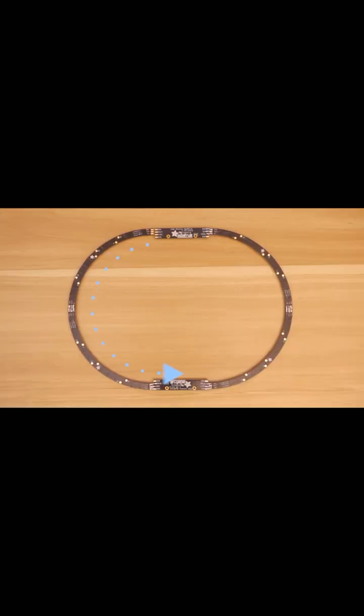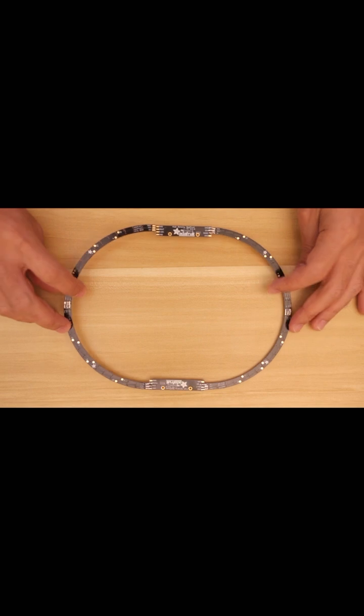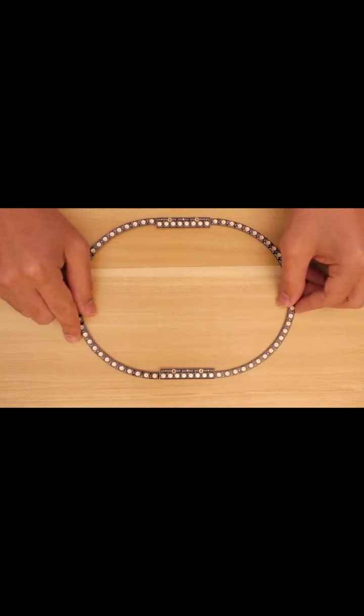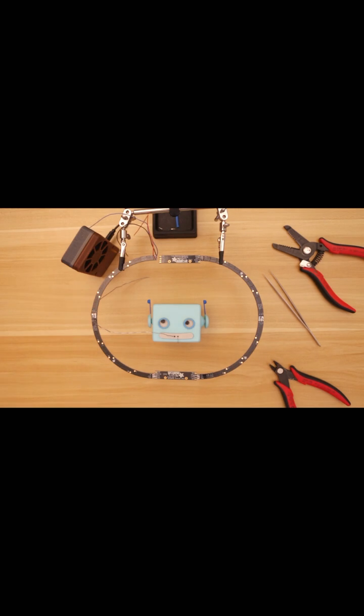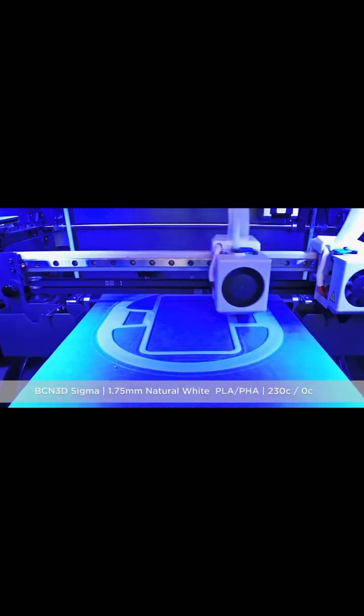Data in should always flow into data out, so be sure they're oriented correctly. Make sure to leave the N unconnected because we'll need to attach wires to the first NeoPixel with data in. We'll need long wires to connect the NeoPixel ring to the Adafruit Trinket. The foam bumper is integrated into the NeoPixel housing,